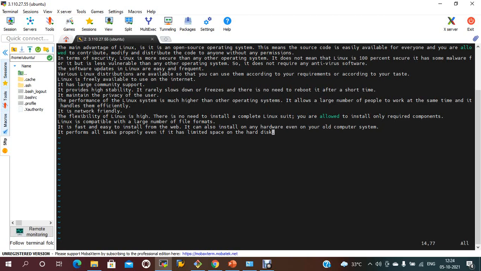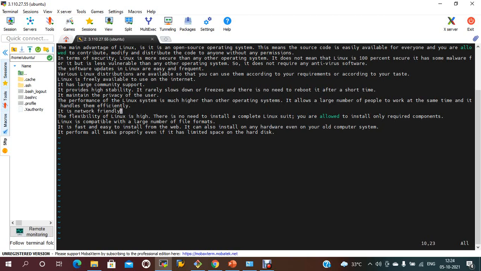Now suppose you want to move the cursor. There are arrow symbols: up arrow, down arrow, right arrow, left arrow. Instead of arrows, in the command mode, if you press k, the cursor goes up.